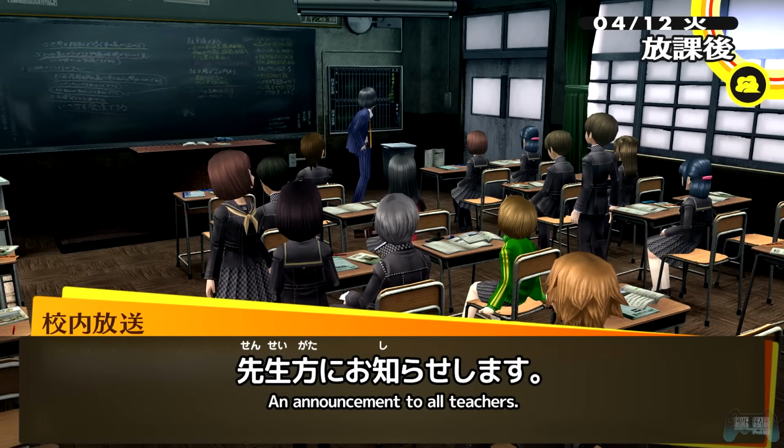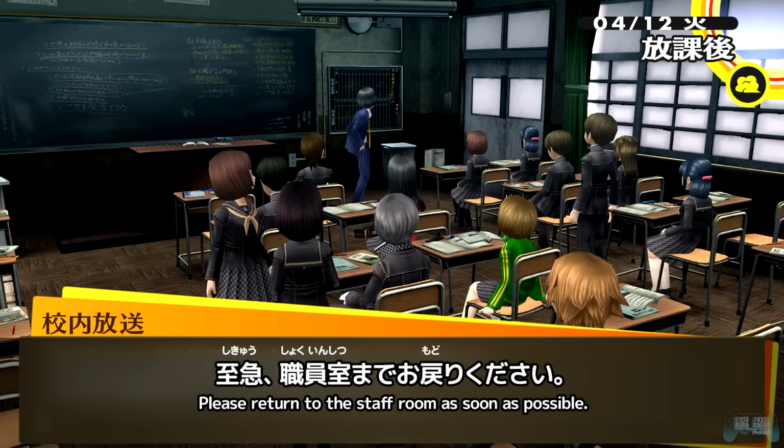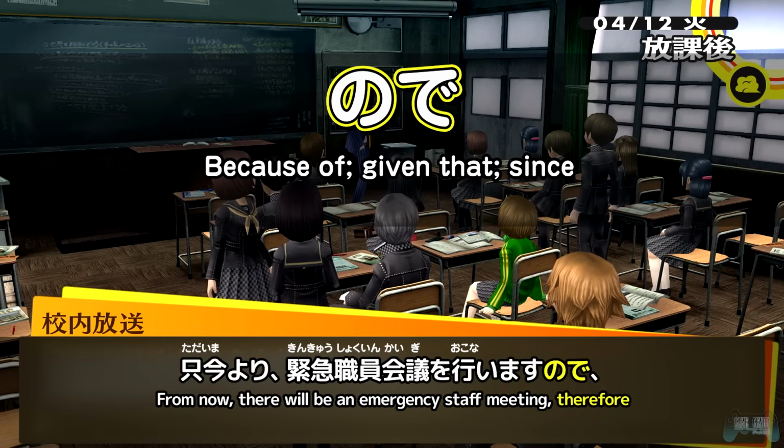先生方にお知らせします。ただいまより TT 職員会議を行いますので、至急職員室までお戻りください。